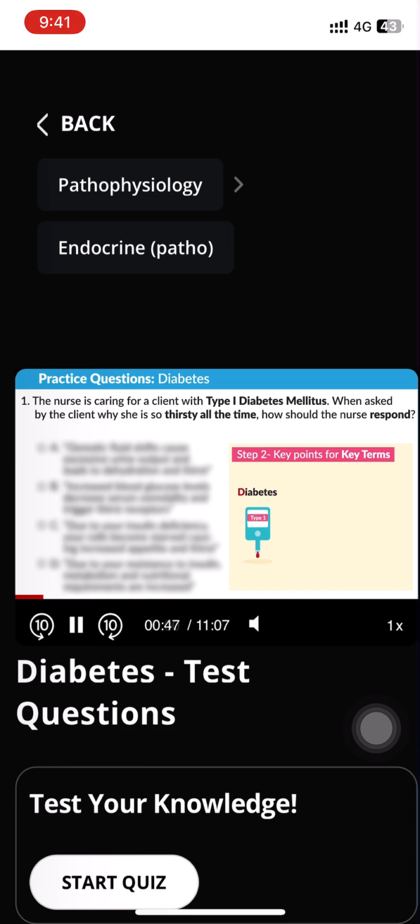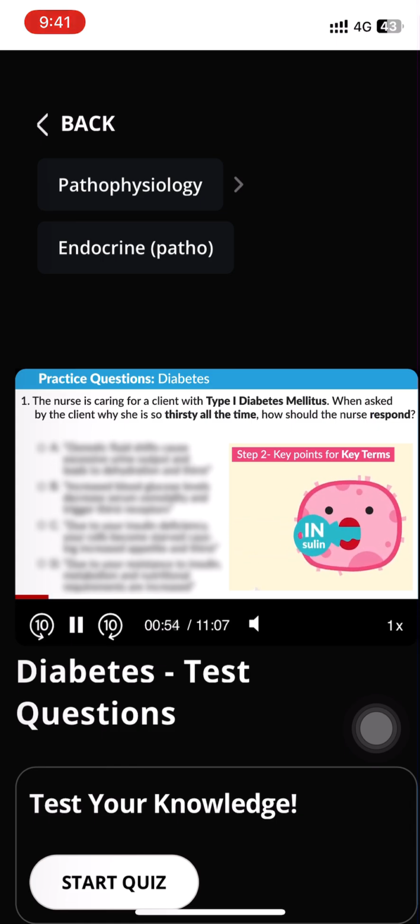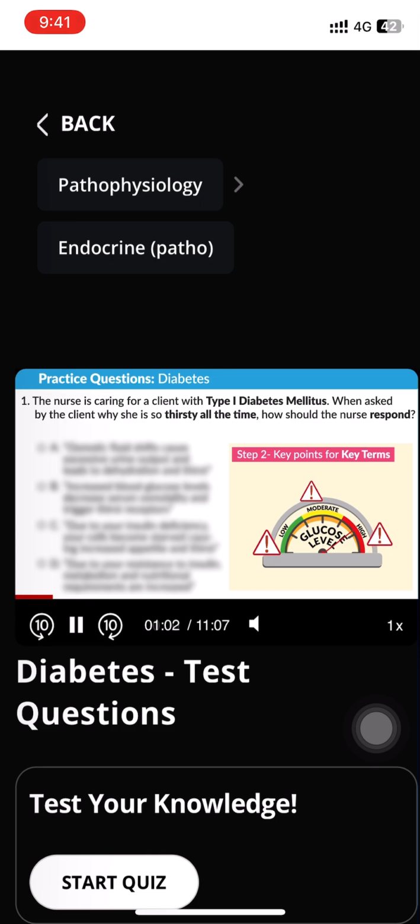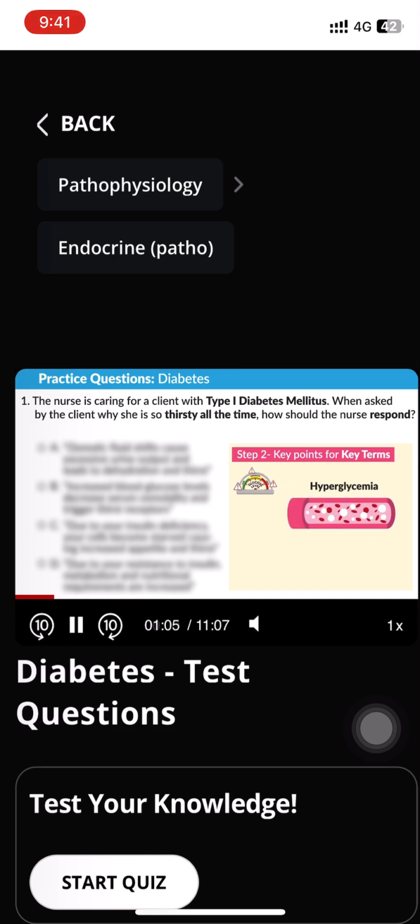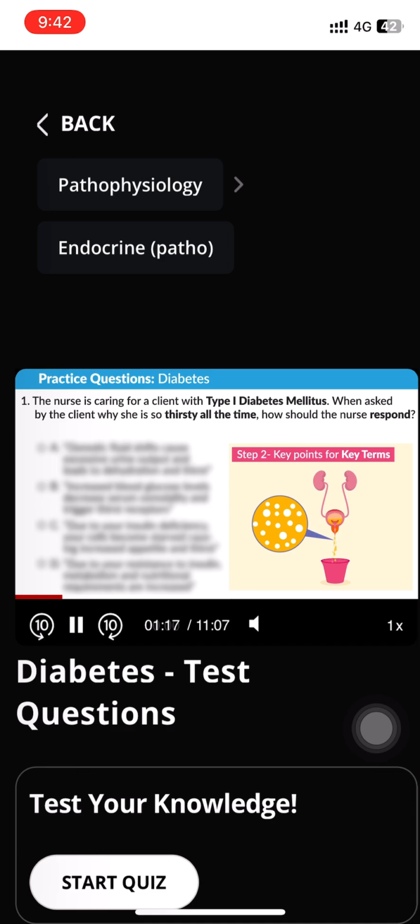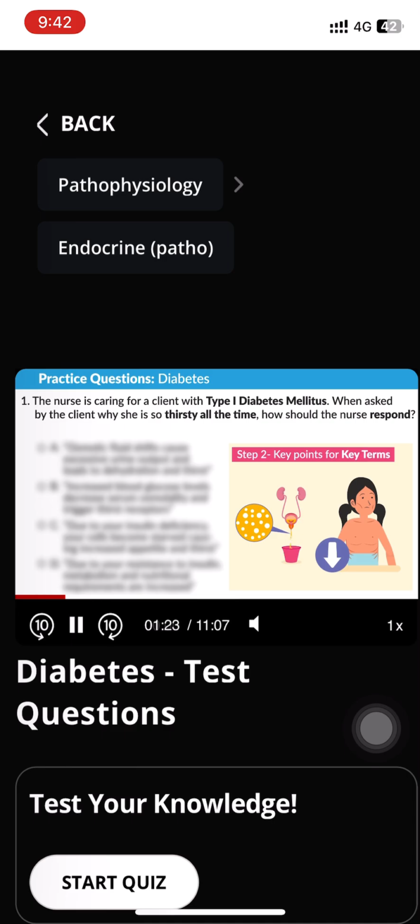So, remember, diabetes, think diabetes. There's a lot of sugar within the bloodstream as the body lacks insulin to help put that sugar into the cell with insulin in type 1 diabetes. So when glucose is uncontrolled, this is hyperglycemia. Basically, the blood is turned to thick, syrupy mud. So just think very thick, sugary blood. Now, this causes a lot of fluid shifts as the body is trying to urinate out all that high sugar from the body and into the body, making the body very dry.